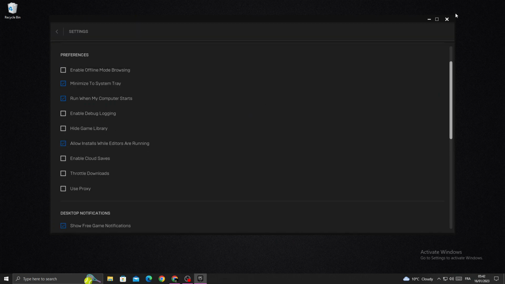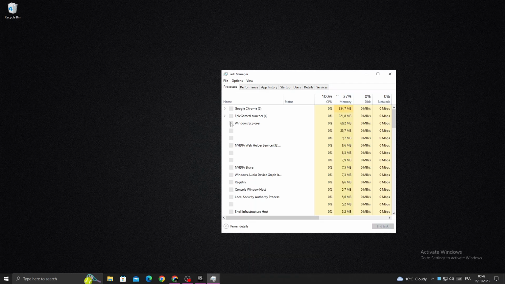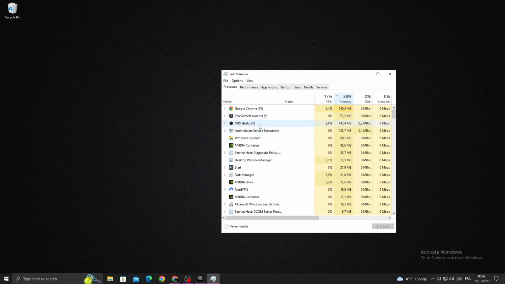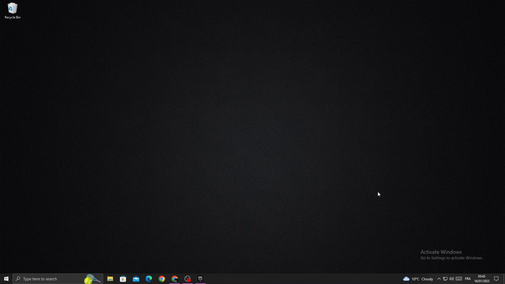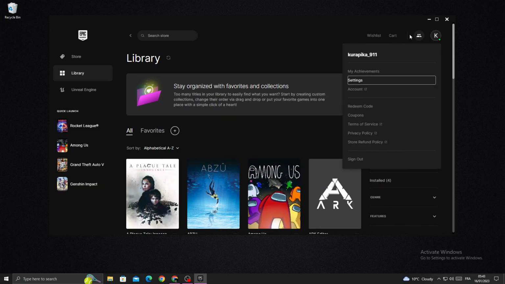Now once you're here, just go back, open Task Manager, and then once you're here, click on Memory and close the applications you don't need, and applications that take your memory, like Google Chrome. Right click on it and click End Task. That's it. Now just try again, and if that doesn't fix your problem, just sign out from your account and